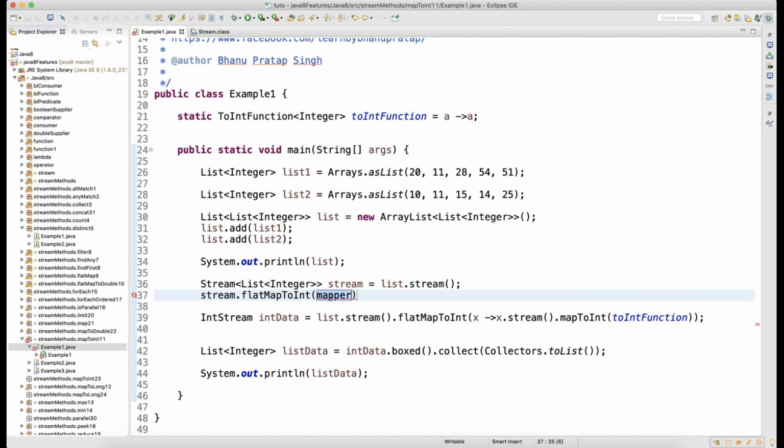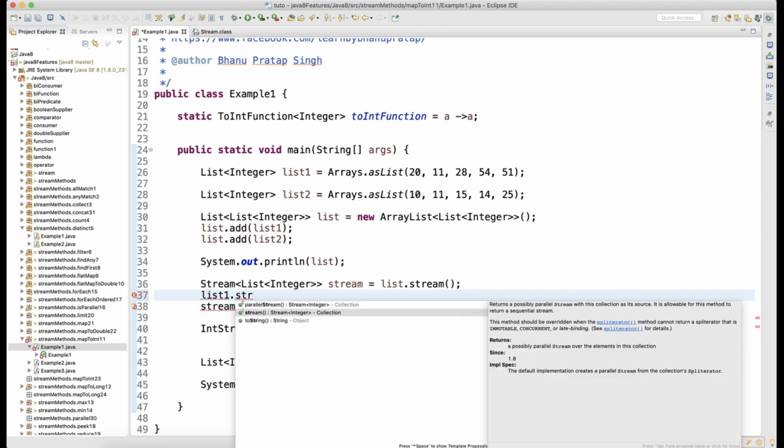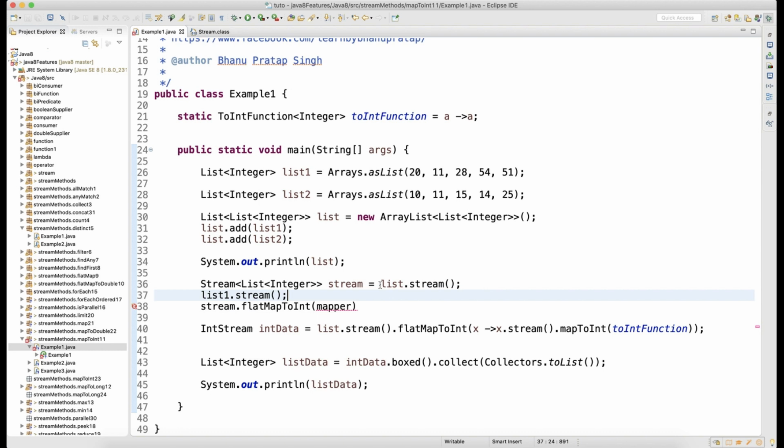As I said, internally it takes an IntStream. So what does IntStream mean? Like this, flatMapToInt will take one more stream of type IntStream. If you focus here, this stream has one more list, and we know that on a list we can call stream. To explain, let's say this is my list. Can I call a stream on this list? Right, I can call stream on the list, and the return type which I will get here will be quite different from what I have here.